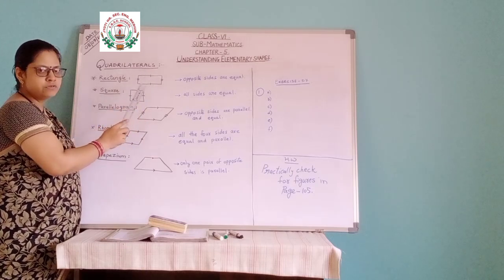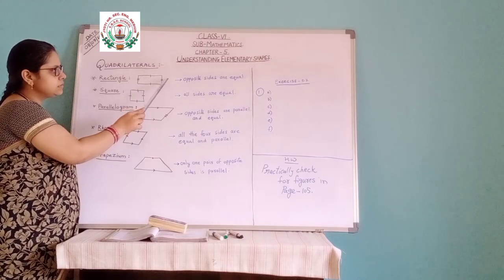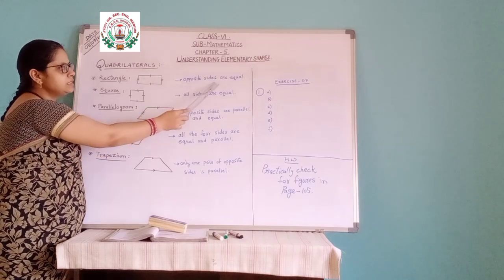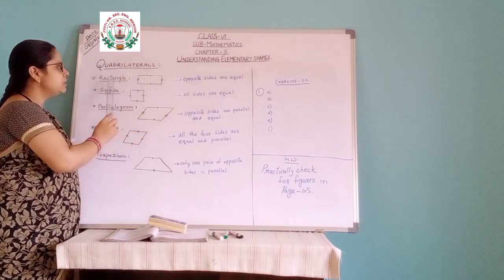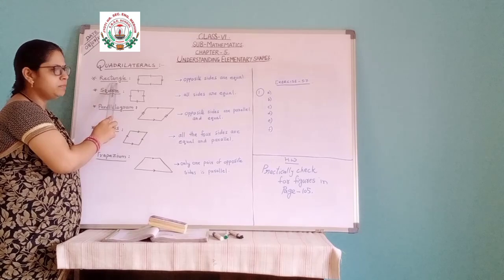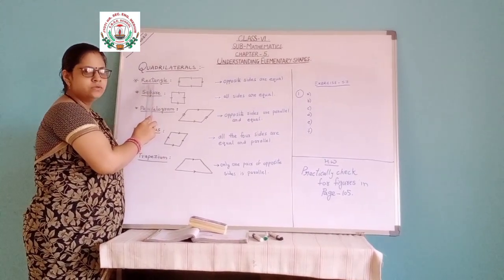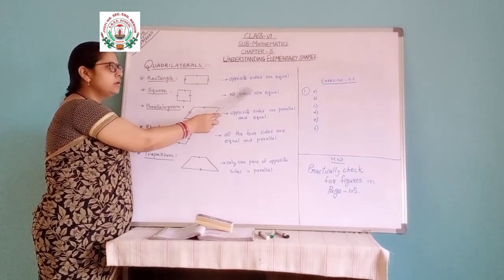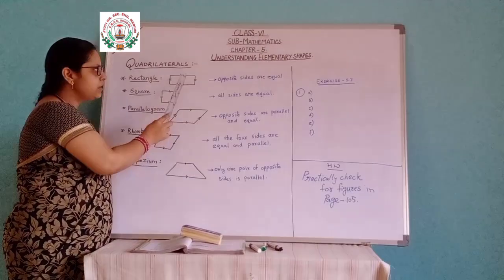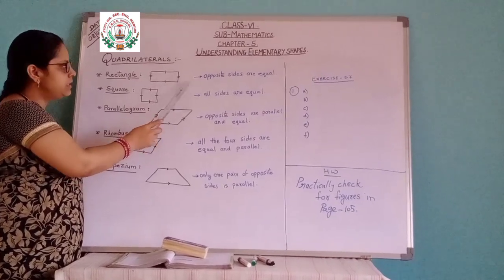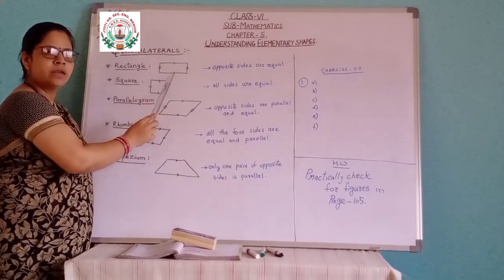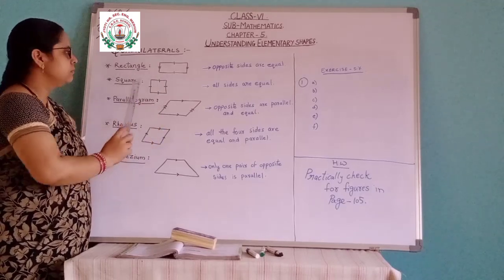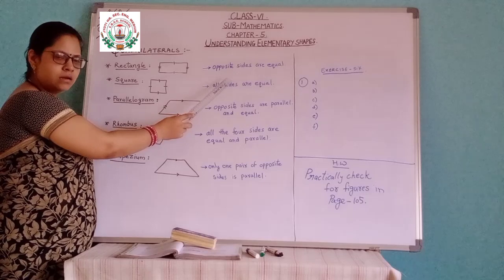This is marked here with a single line and a double line. It means these opposite sides are equal. Then only this special quadrilateral will be named a rectangle. So a rectangle is a quadrilateral which has opposite sides equal. You have to draw this figure and show the markings with this type of marking, the same marking for the opposite sides. So the rectangle is clear. The condition is that opposite sides are equal.